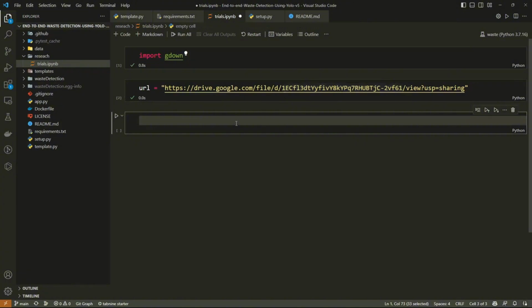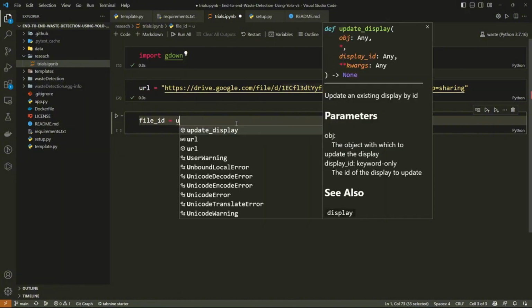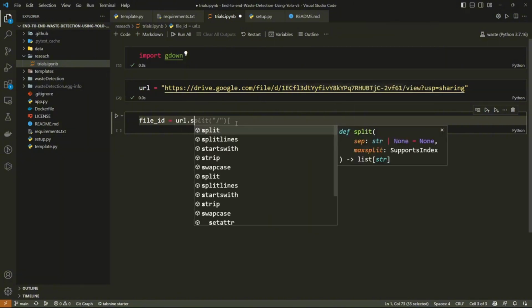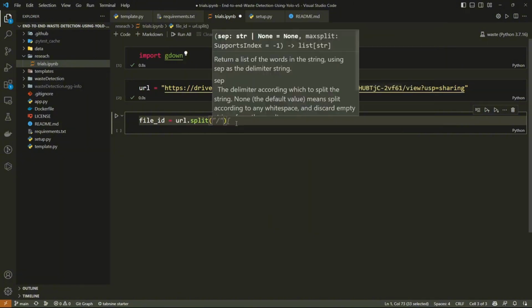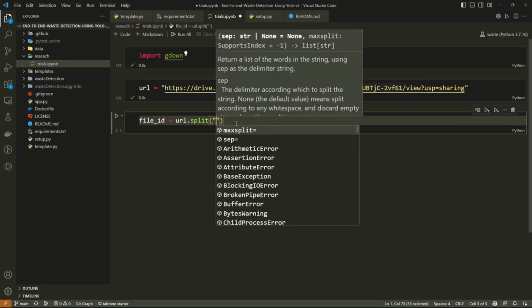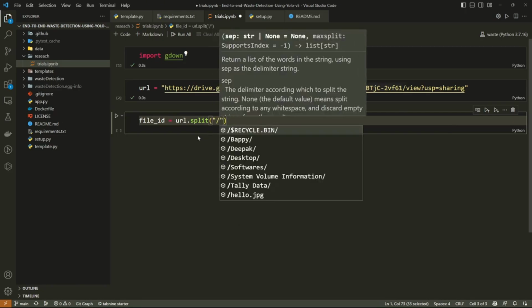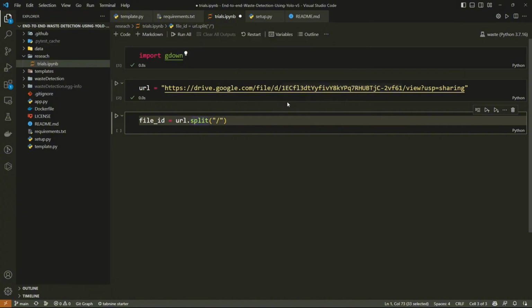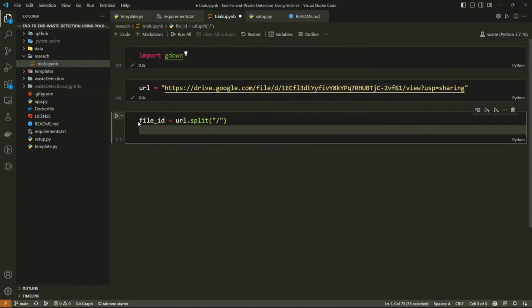For this, I'll take one variable called file ID. Inside file ID, I will do one split operation. I'll write URL dot split, because this is a string, right? I will split with respect to the forward slash, because as you can see, I have forward slashes everywhere. First, let me show you what it returns. If I print file ID right now,